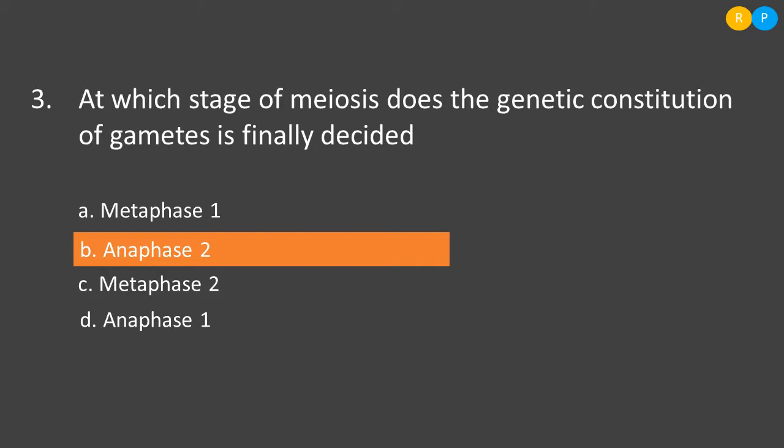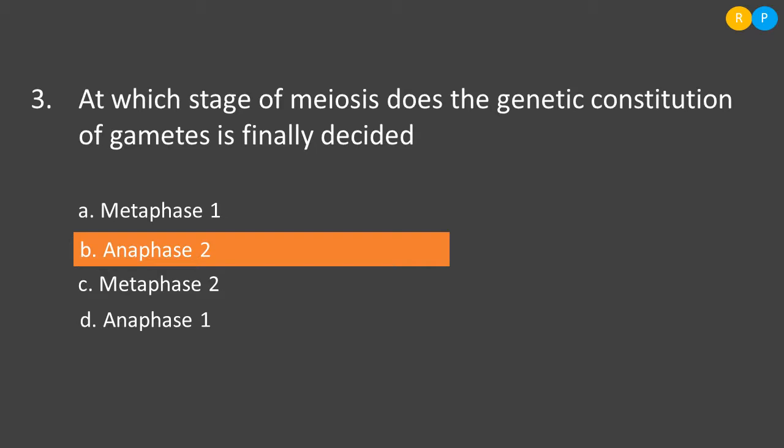In metaphase 1 the chromosomes are aligned on the equatorial plane. Because of this, all the chromosomes are aligned in a single plane. So there is no movement of chromosomes towards the opposite pole to judge the distribution of chromosomes to the daughter cell. Clear, right? So this is not the answer.